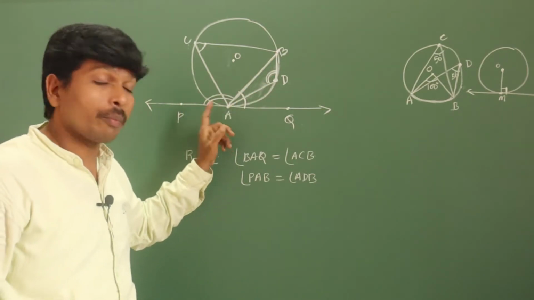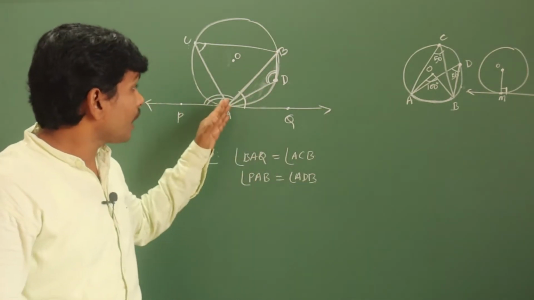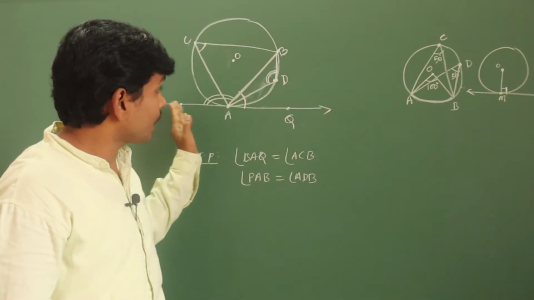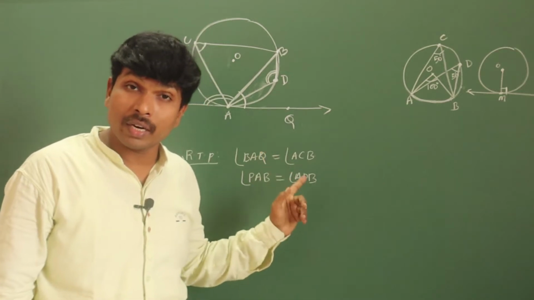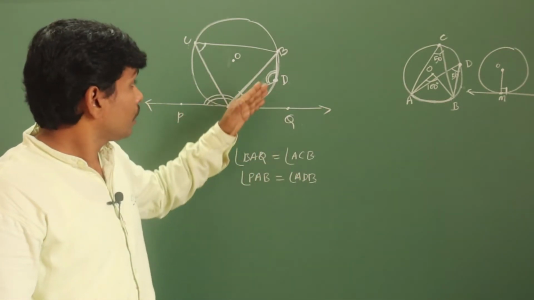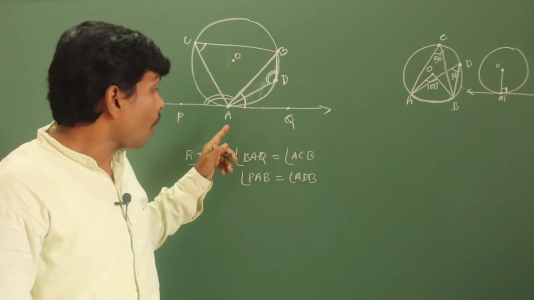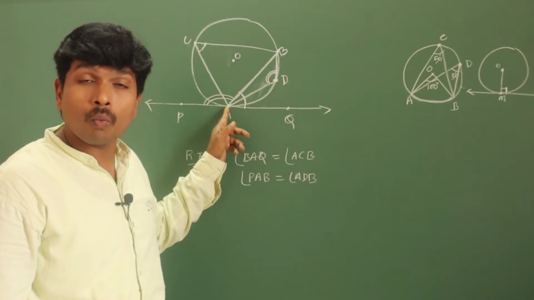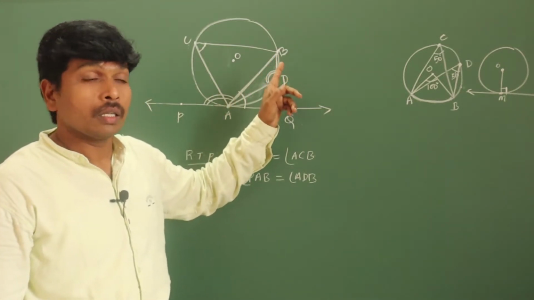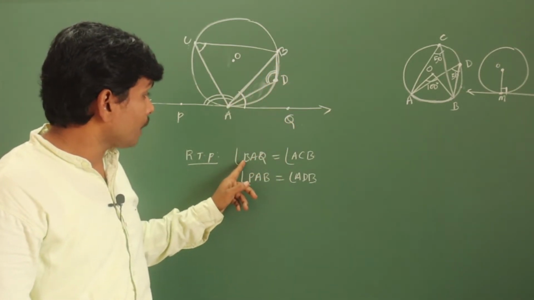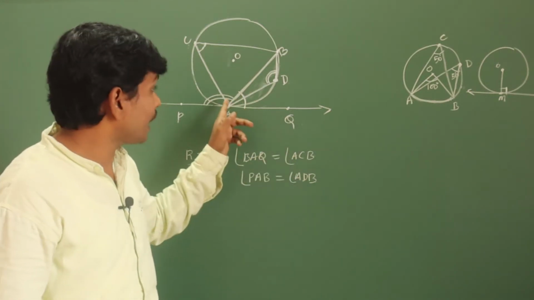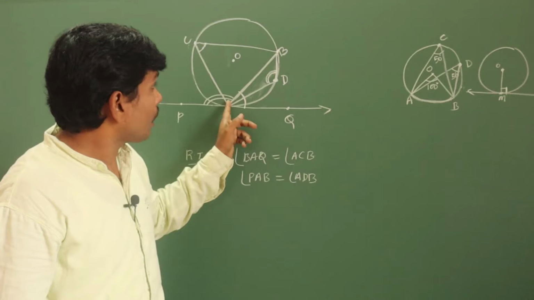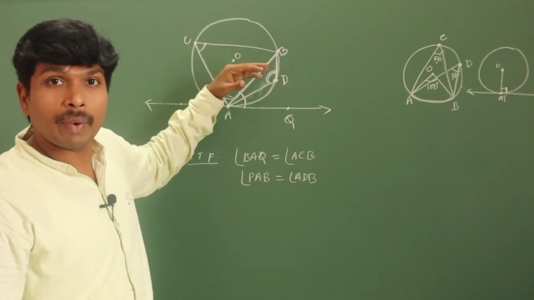That also must be a point of contact. If the diagram exists like this, a given tangent is needed, and a chord is needed here. Point of contact is one end point of the chord, then the angle between the chord and tangent is equal to the angle made by the same chord in its alternate segment.